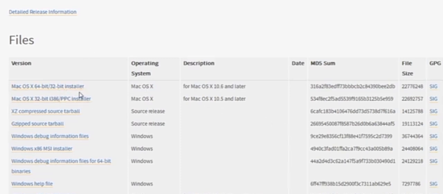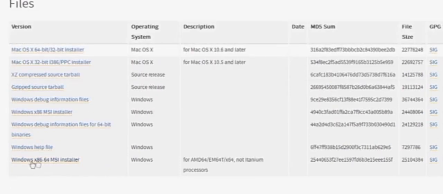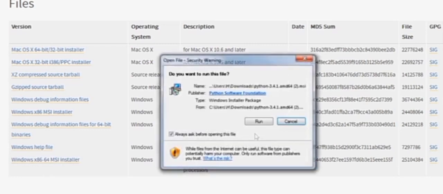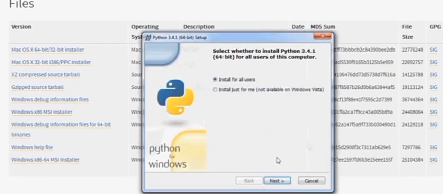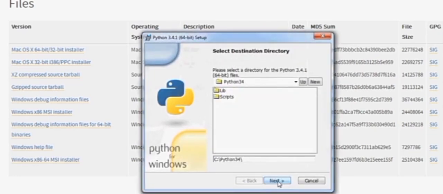You actually should have Python already installed. It would behoove you to check if you're on a Mac. Anyway, coming down here, I want the Windows x86-64 MSI installer for the 64-bit Python, so we'll go ahead and install that. And whenever that's installed, go ahead and run. And next. I already have it because I use